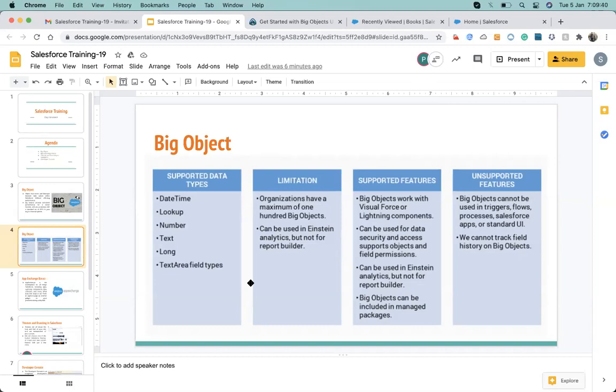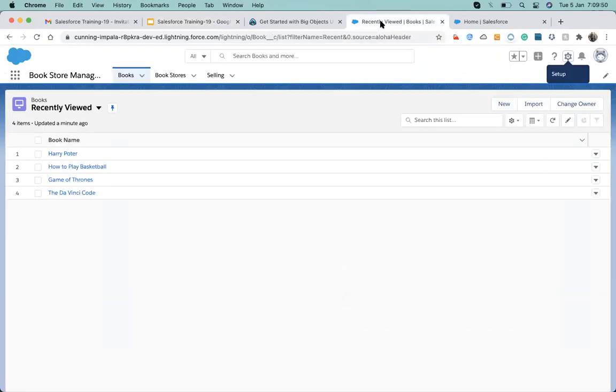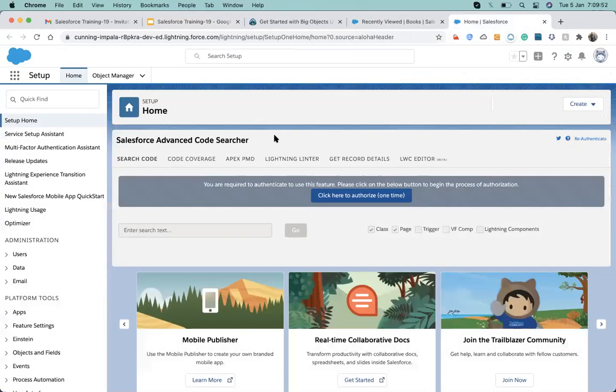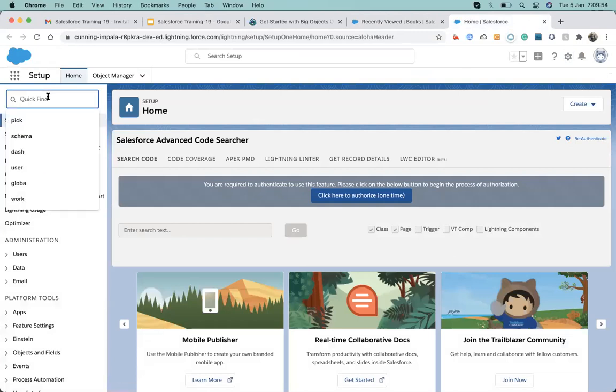At that time we make a connection between Salesforce and the third party tool, then export from that tool to the big objects, and then perform all the activities over the big objects.